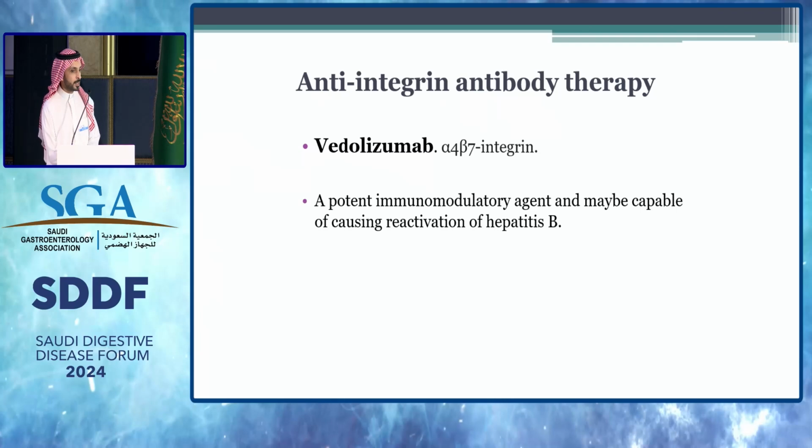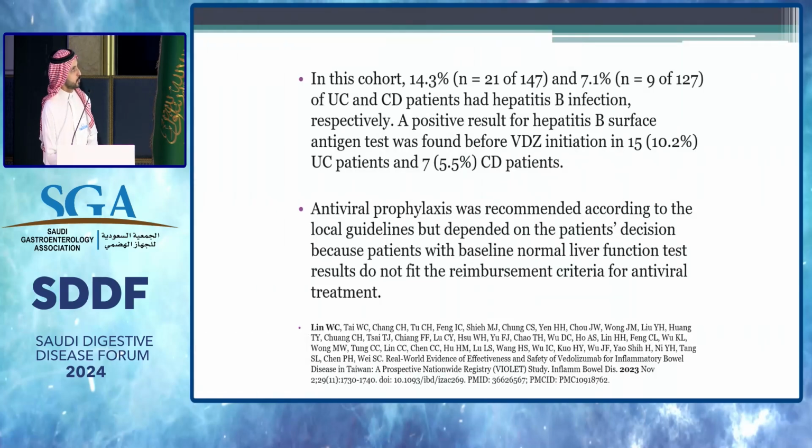For anti-integrin antibody therapy, vedolizumab is a potent immunomodulator agent, and may be capable of causing reactivation of hepatitis B. We're just going to go fast with this study. That's by Lin WC, 2023. It has almost 260 patients,